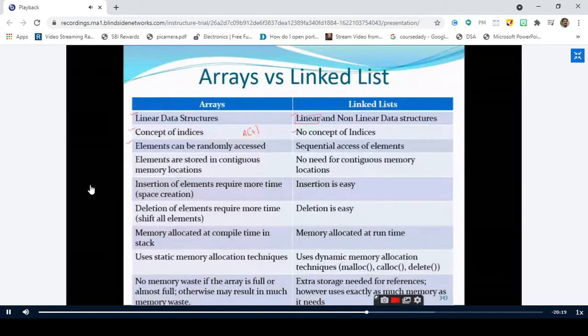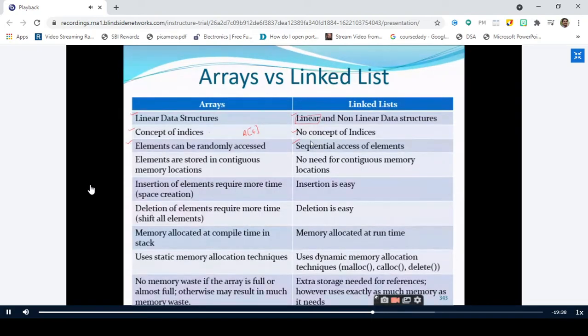But since there is no concept of indexing in the linked list, it won't allow the programmer to access the linked list in a random fashion. You always need to go in a sequential fashion. As I told in the previous slide itself, every operation that you want to perform on the linked list should always start with the first element. Is it right or not? Yes, sir. Whenever you want to traverse or perform any operation, you should do it in a sequential fashion, no random access.